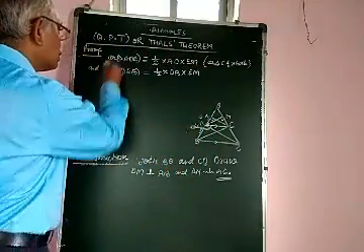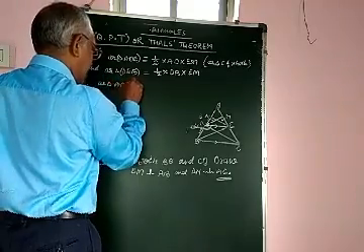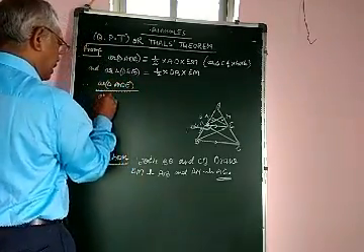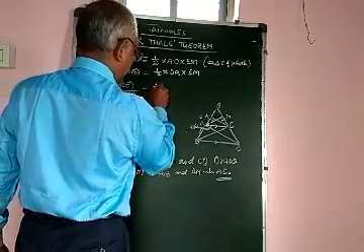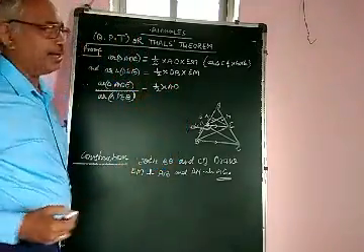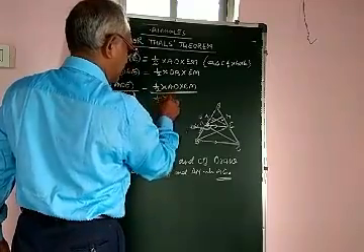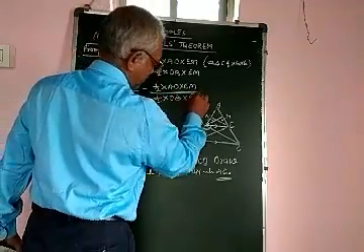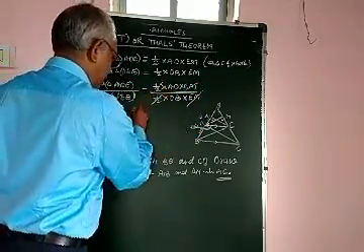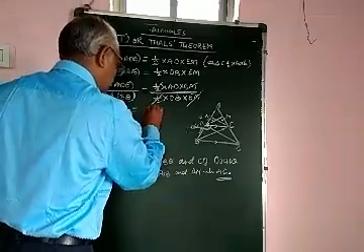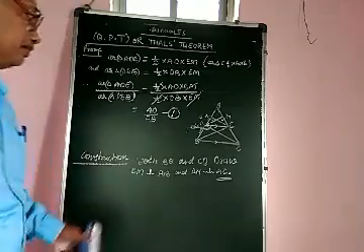We have to find the ratio, so we divide. Therefore, area of triangle ADE by area of triangle DEB is equal to 1 by 2 into AD into EM by 1 by 2 into DB into EM. Now EM is cancelled, and 1 by 2 is divided by 1 by 2. Therefore AD upon DB, and this is equation number 1.